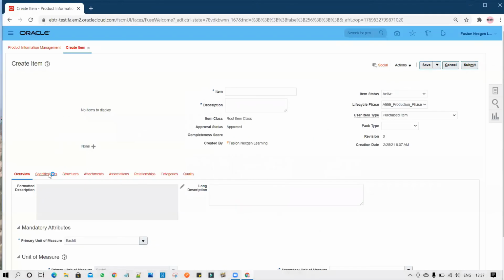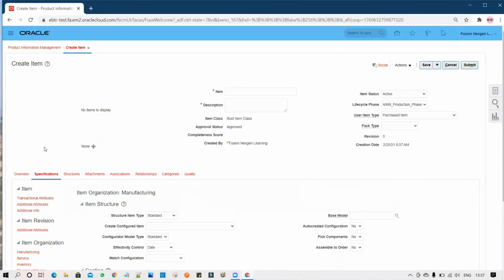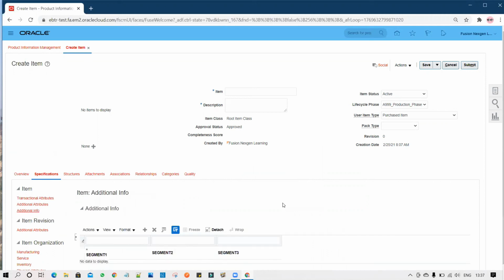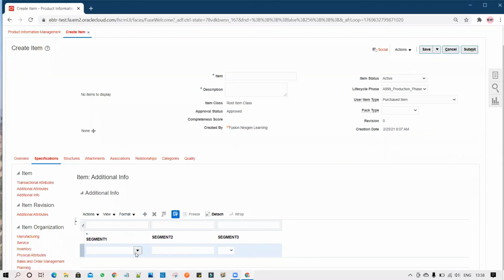To validate, you have to go to the specification. All descriptive or extensible flex fields will be available over there. So click on the additional info. If you see, all three segments which we have created are available for us to enter the data. So as I mentioned, whenever there is a business requirement to capture this, you can create and achieve it.